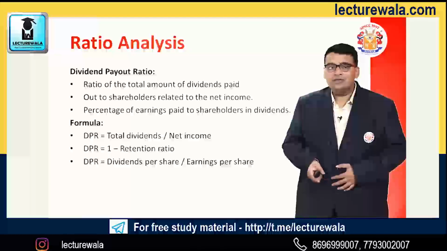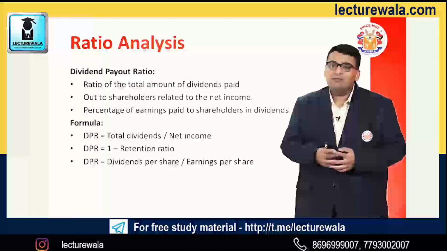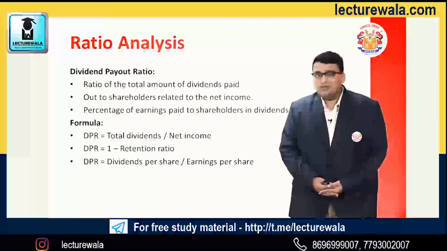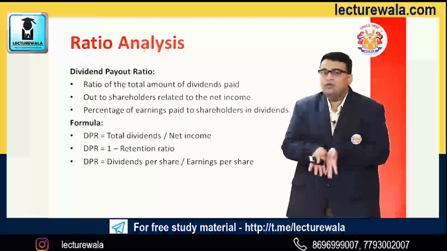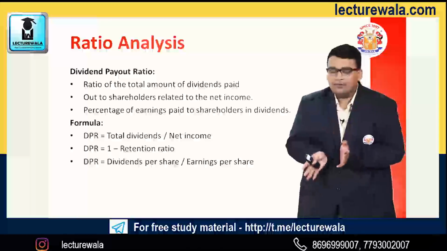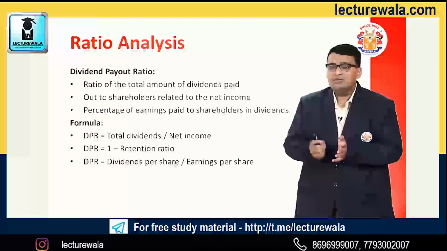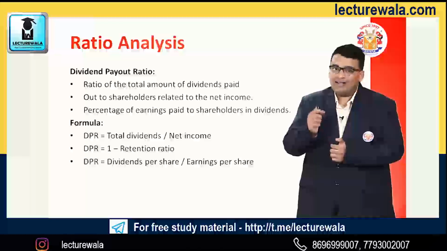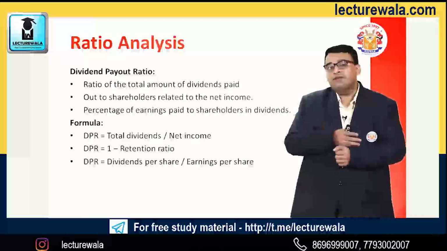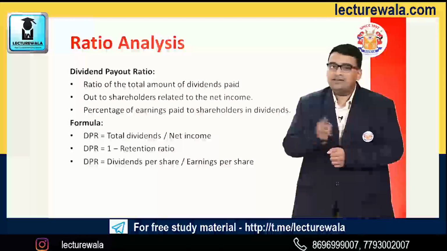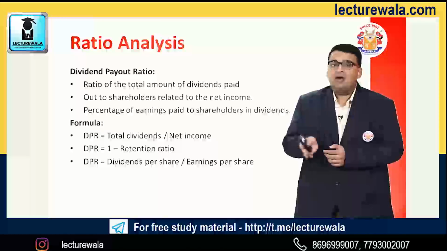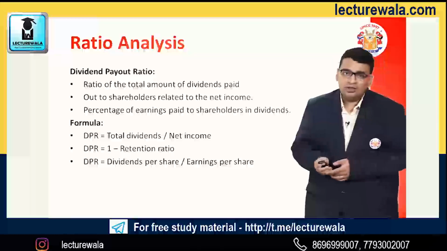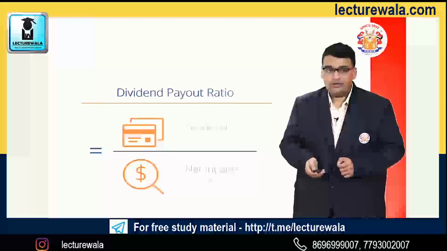Next thing that we want to say is the dividend payout ratio equals dividend per share divided by earning per share. So dividend per share divided by earning per share, what does it want to say? That as compared to earnings of $100, that is our total earnings, if I am assuming that my earning per share is $10, that means as compared to my $10 income, how much amount of dividend per share I am paying out to my shareholders. As compared to the earning of my $10, how much amount of earning I am paying out to my shareholders in the form of dividend, that will be shown by the dividend payout ratio.